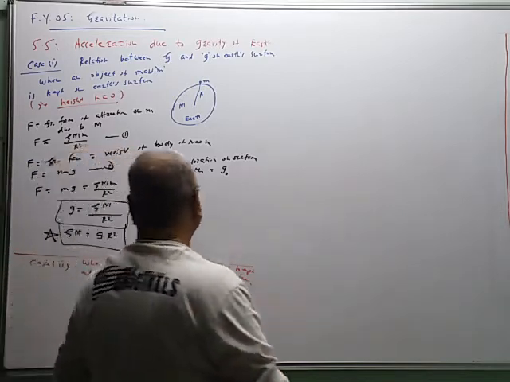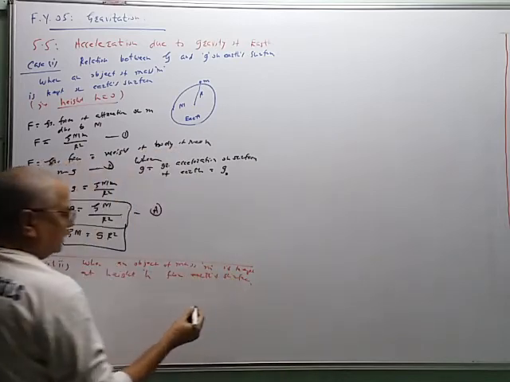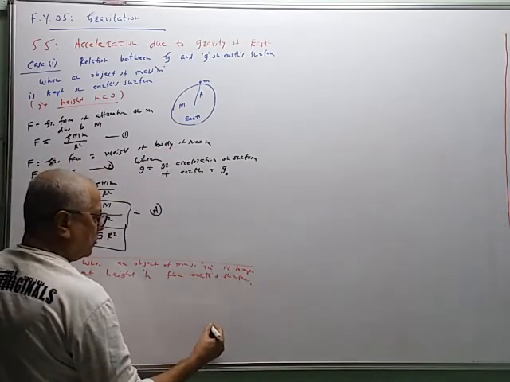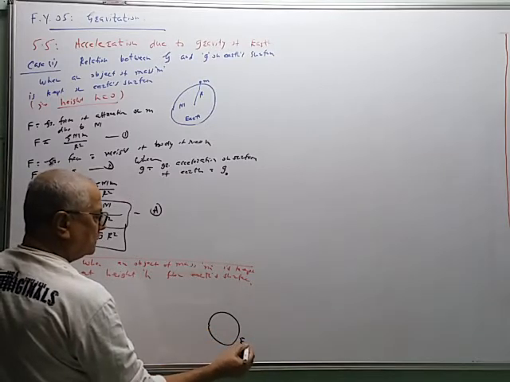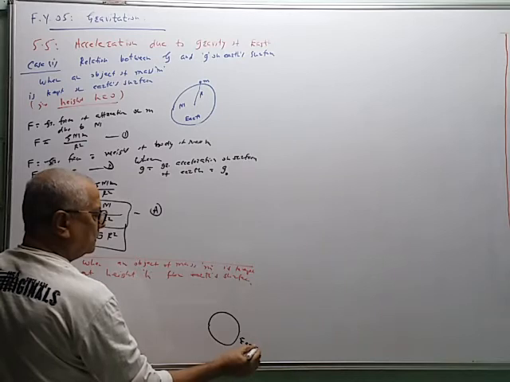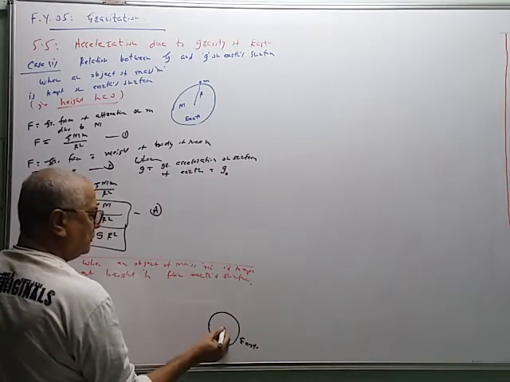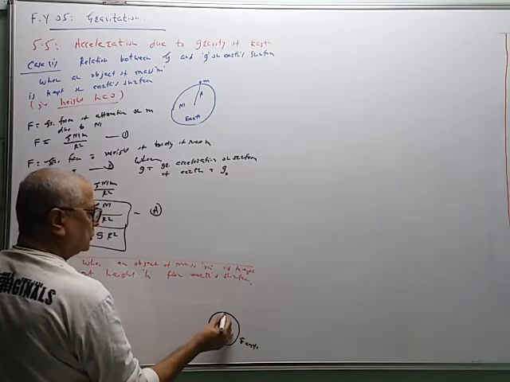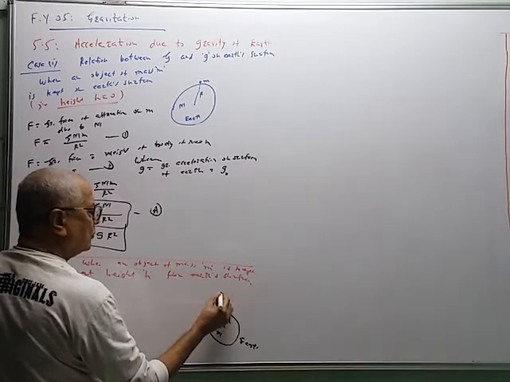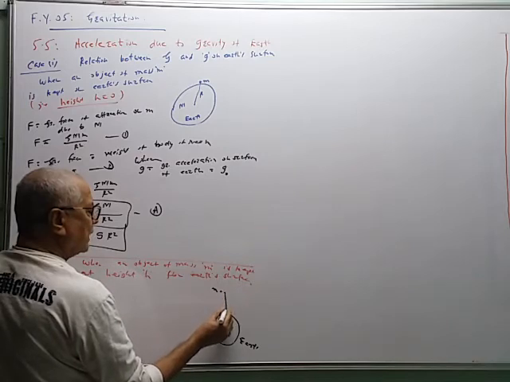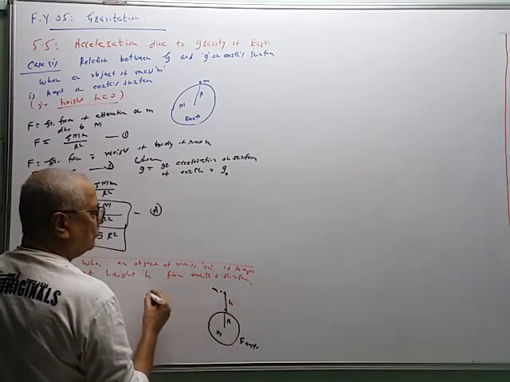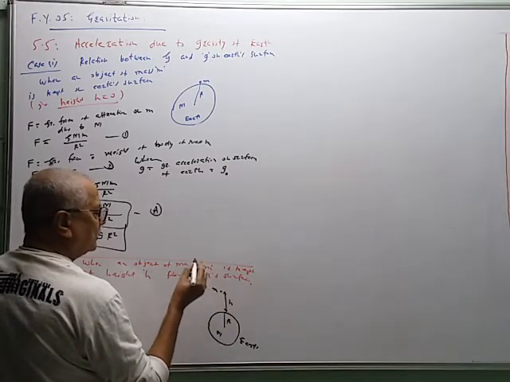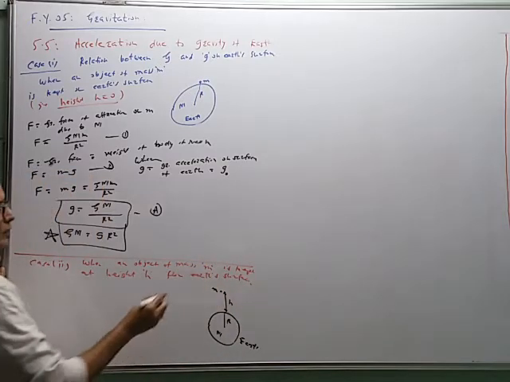So the second case is like this. This is the planet Earth having mass capital M. This is the center. So this is the radius of the Earth, and now the point object is kept here. So this height is h. So at this point, the gravitational acceleration is denoted by gh.